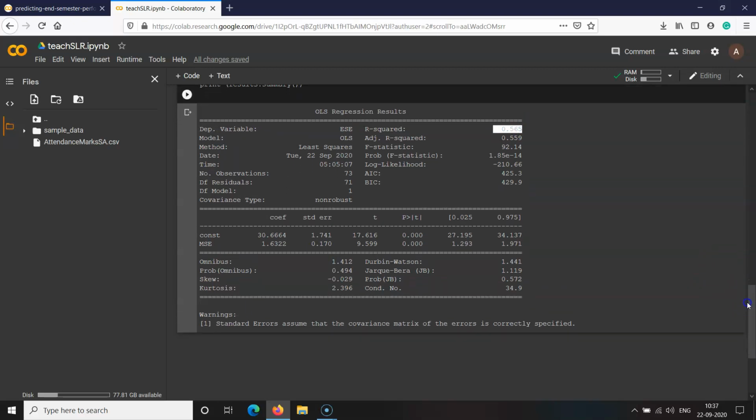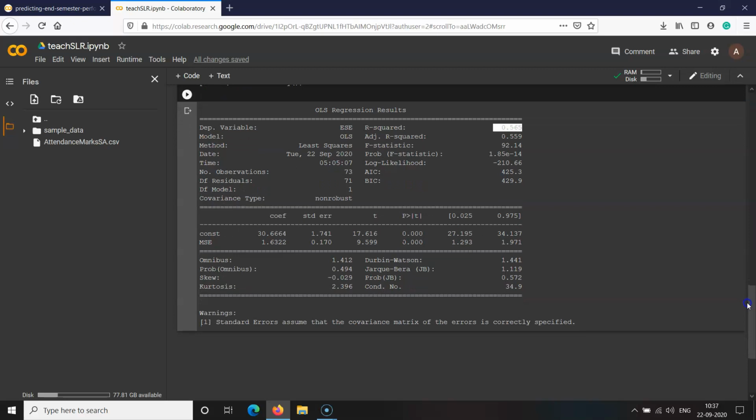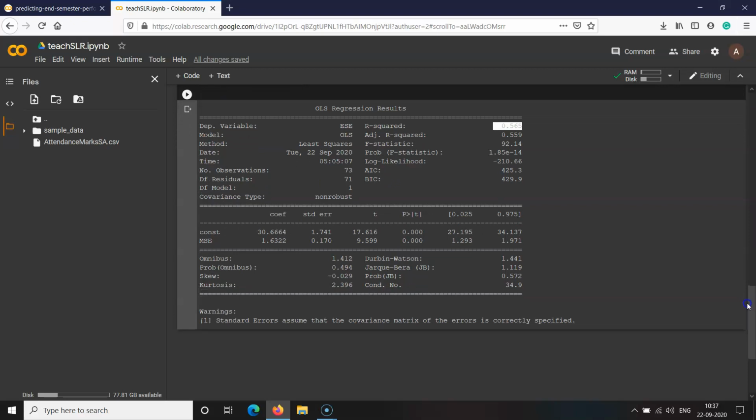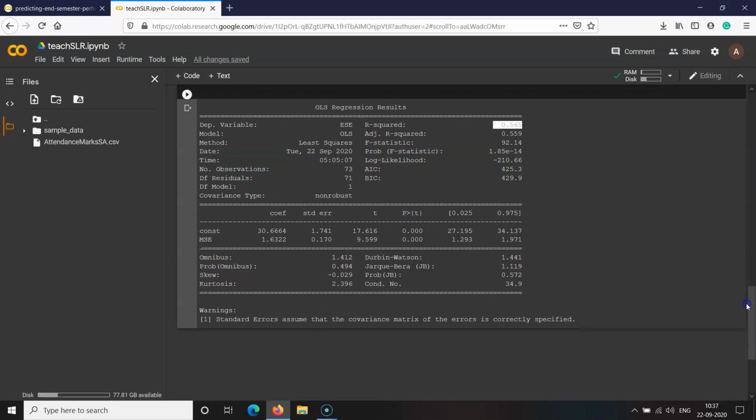See, now what does it mean in our application? Here we are trying to predict the end semester examination mark from the mid-semester examination mark, and the question that we are trying to answer is: are the mid-semester examination marks a good predictor or not?